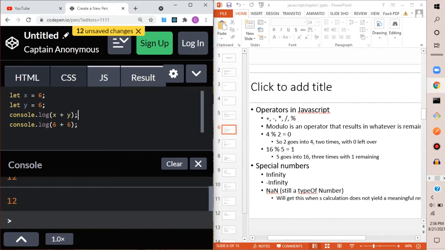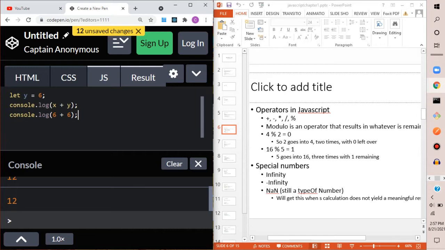But it would be advantageous to you to assign this to variables, and then that way you can just call the variables wherever you need them. Or you can reassign the variables wherever you need them. You can hide this implementation in the variables so you don't have to hard code this value, because this 6, maybe it might change, right? Maybe you're in a loop and you need an increment. You can still do it this way, I guess. You could still increment the 6. But this way it's nice and clean, and you're hiding the assignment of it. All right? You're hiding the assignment of it because these variables could very well change. Anyway,